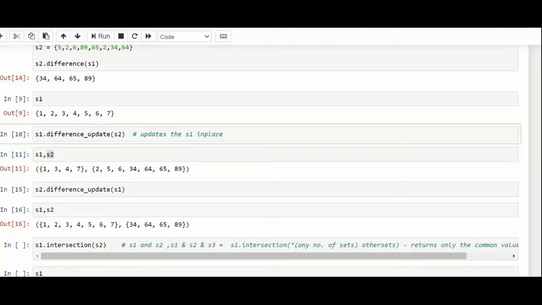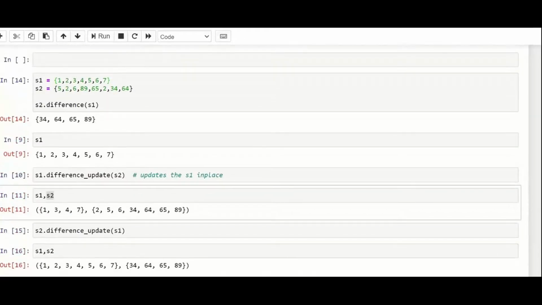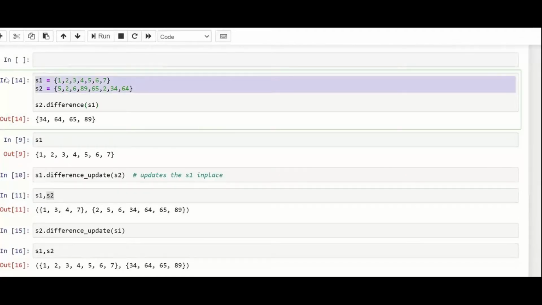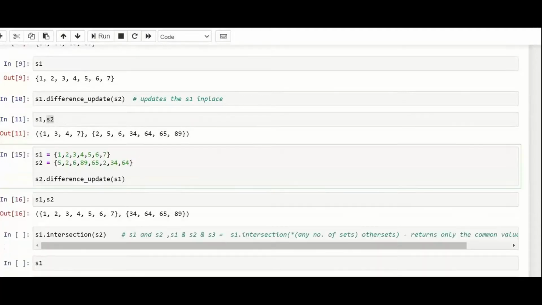which we ran earlier. So these were the values we were having. But of course, there is no common element between these two. So when you do s2.difference_update(s1), the new value should remain. It will save the result as the values in s2. But that is not what we saw, actually. I have executed this command again, and then I have just run it again to show you the result.